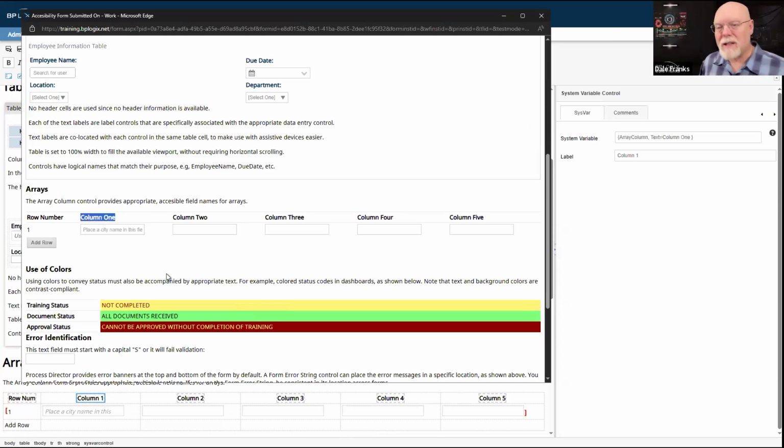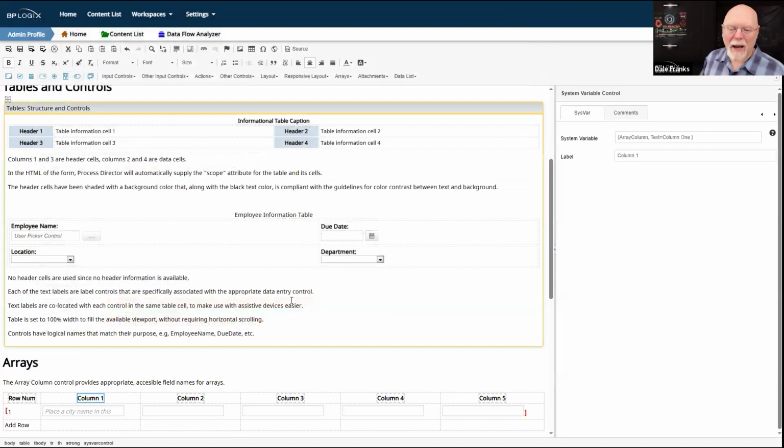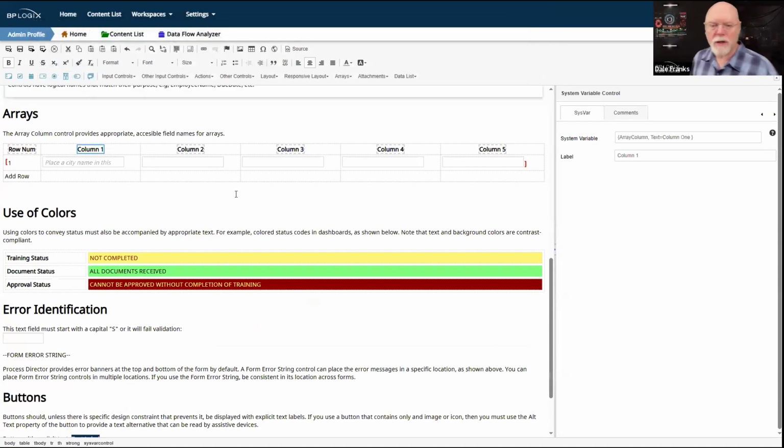Now, this is a special label, this array column system variable. It is a special label that only works with array controls. It's specifically designed to work with array controls.